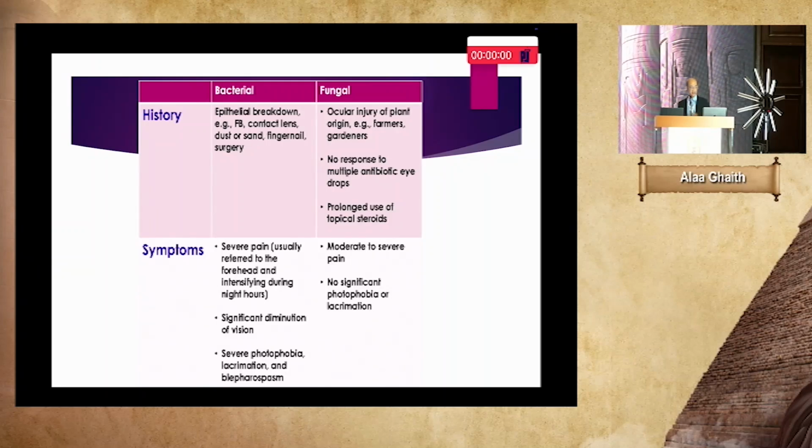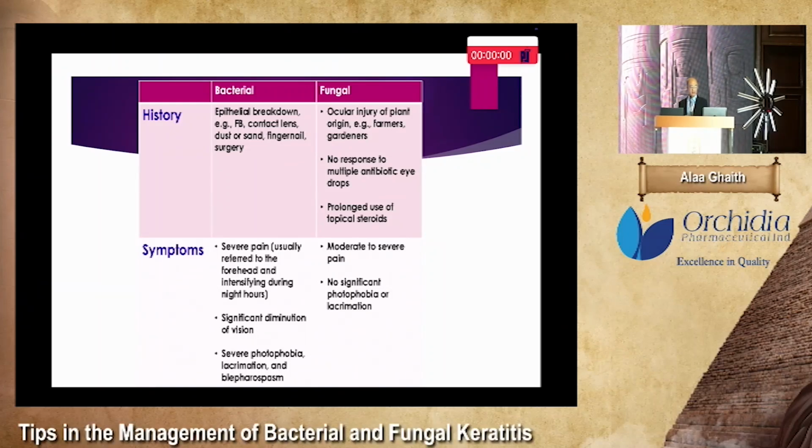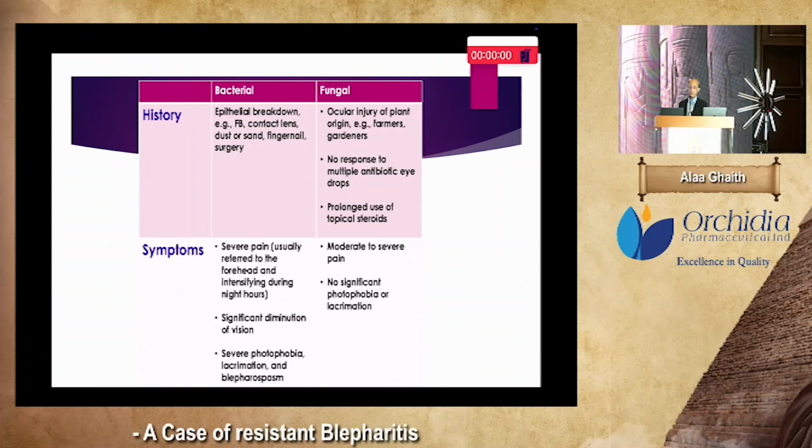About history and symptoms, usually in bacterial keratitis, there is a history of an epithelial breakdown. The organism cannot access the cornea except if the epithelial barrier is broken. Like, for example, a foreign body, contact lens, dust or sand, fingernail surgery, anything like that which compromises the epithelial barrier. In fungal keratitis, history includes ocular injury by a plant or by anything in the farms, like farmers